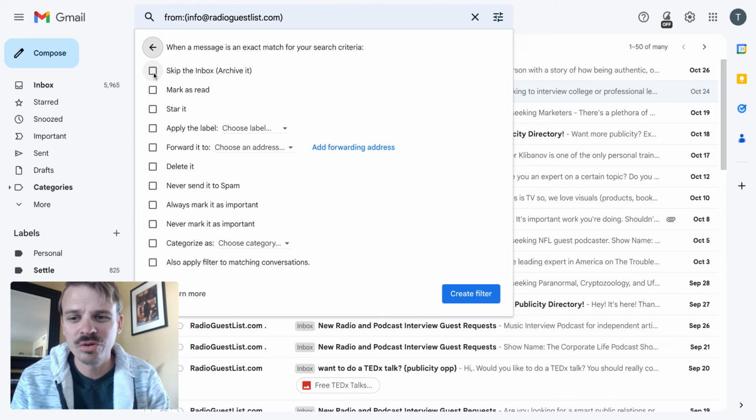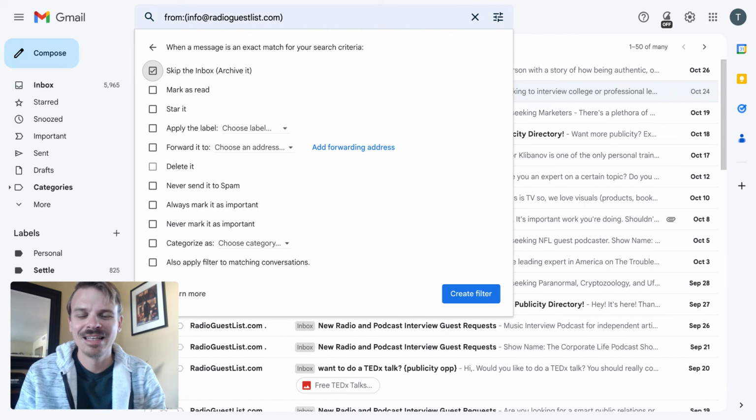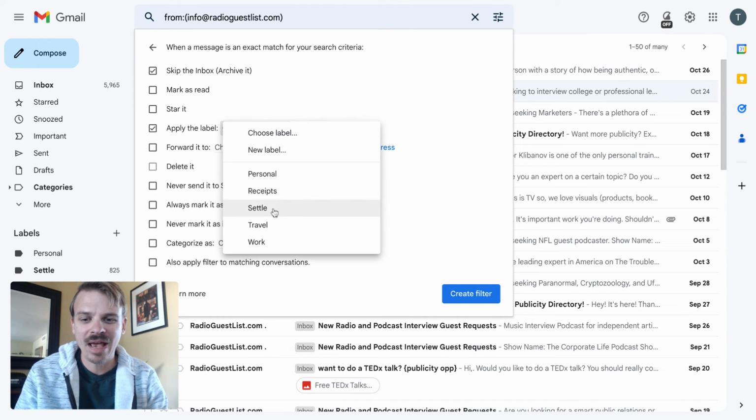And now you check two things. You check skip the inbox. Yes, I don't have to see it when it comes in. That's great. And then go down to apply the label, check that, and then you have to choose a label. Now I already have some labels, but I want this to be under radio. Let's go to new label,